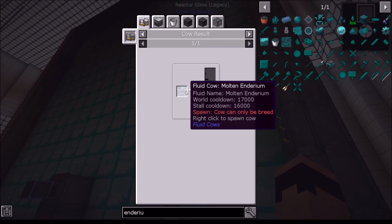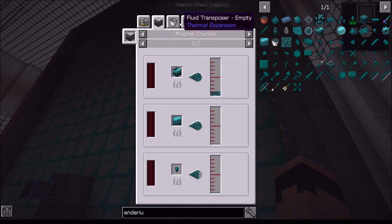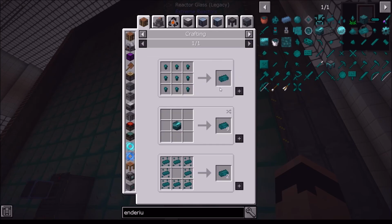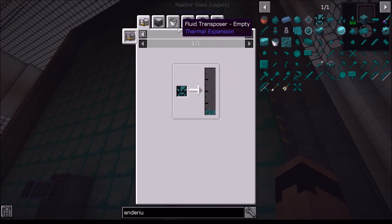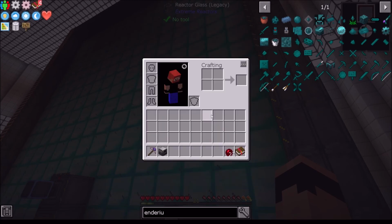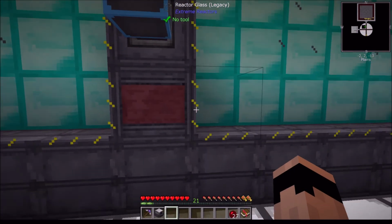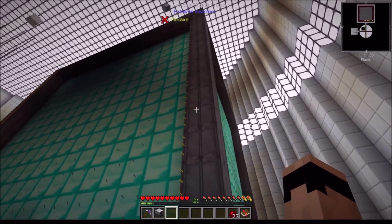Are you kidding me? Is there any other way? Magma Crucible. Enderium ingots. I'm not casting. Fluid cows. Okay, here we go. Resonant Ender, Platinum, and Lead. Oh man, that's going to take a lot. Okay, that's fine. We can manage it, I suppose. So I guess that's what I'm going to do off camera is I want to work on getting enough Enderium